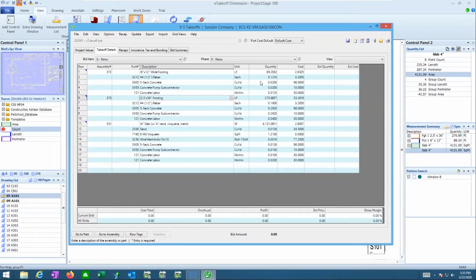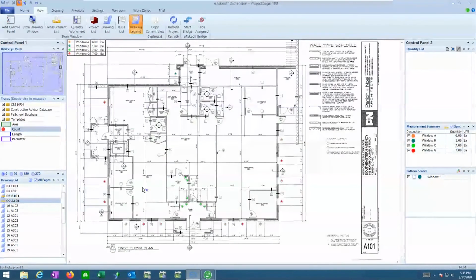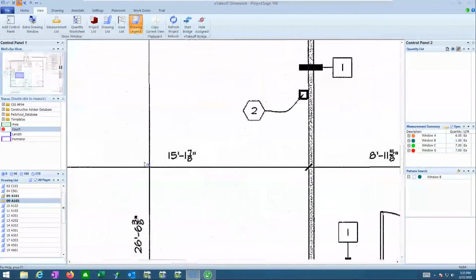So this video is not real long. So the next thing I want to take a look at in this video is in eTakeoff. That was basically all the takeoff I had on that page. On this page, I ended up going through, and if we look real close here,